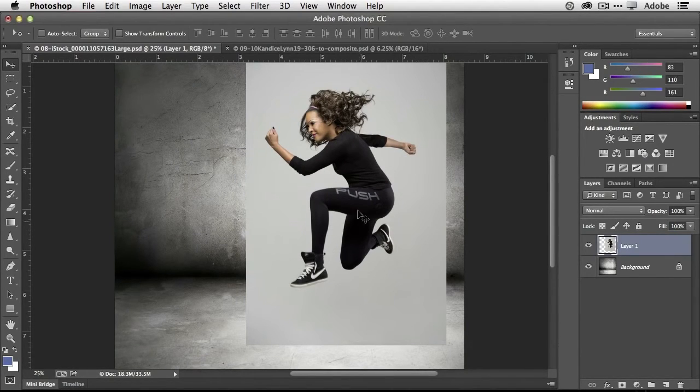No, we're not done, because obviously the background she was originally on is quite different than the background we want to put her on. So let's fix it. Let's first of all select her using Quick Select. So using my Quick Select, making my brush a little bit bigger, we're going to go ahead and quickly select